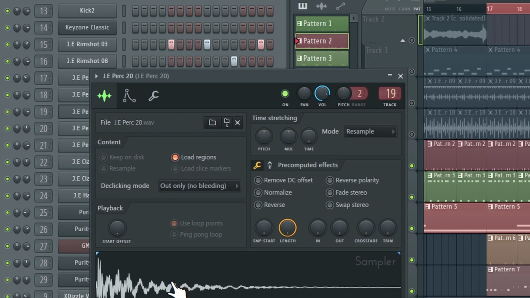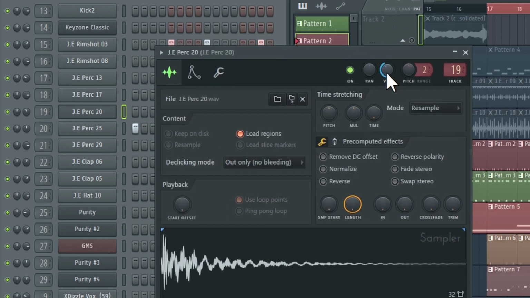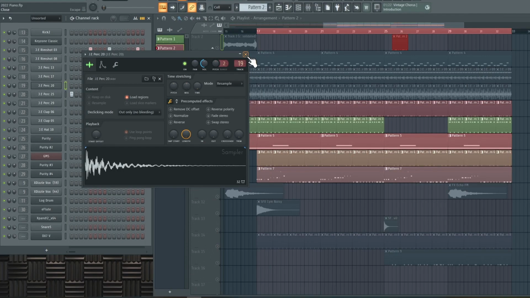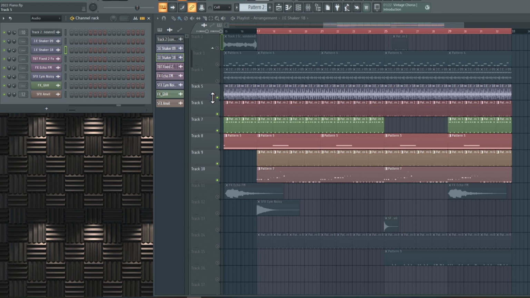This sound is still too loud as well, which is right here on track number 19. So I'm going to drop it down. And as you can see, as I change this level, it's also changing the volume right here on the channel itself, on the channel controls. Here they are. And then I'm gonna go to this next sound,